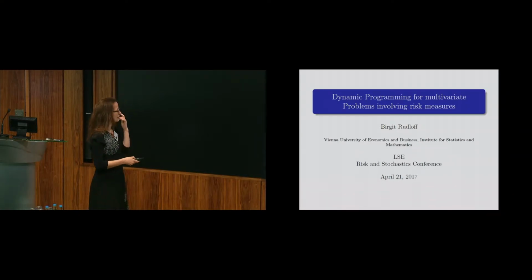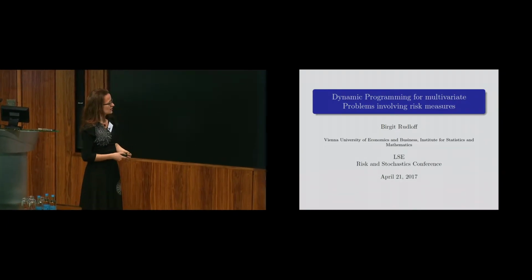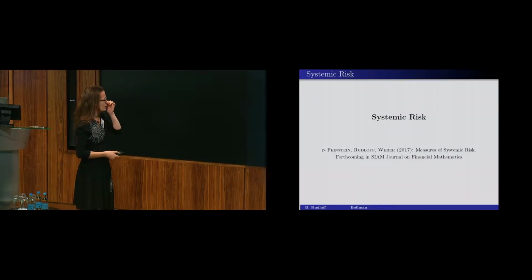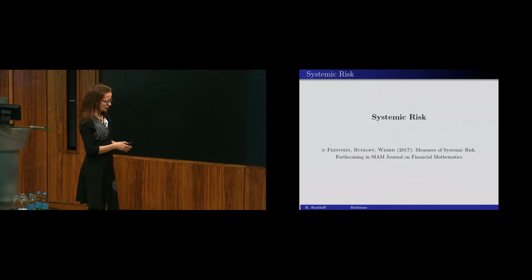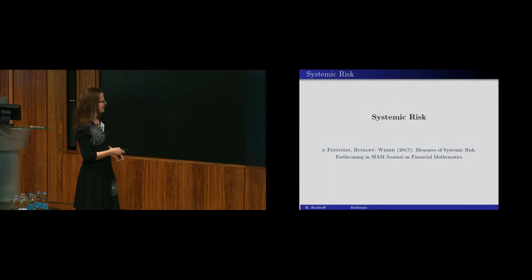So it will be about dynamic problems at the end, but they are of a multivariate nature and somehow involve risk measures. I will start with an example to see where the multivariate nature in some problems involving risk measures will appear. My starting point will be systemic risk, just as a motivation to get the multivariate nature of the problems into it, which is based on a recent paper with my former PhD student, Zach Feinstein, and Stefan Weber, on